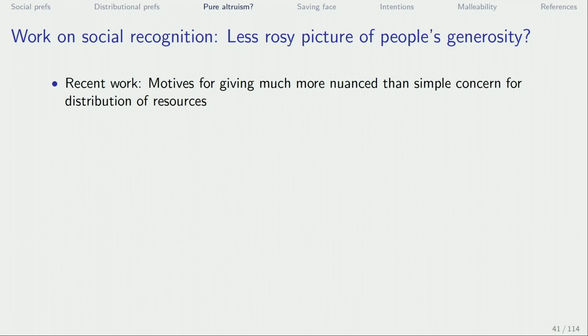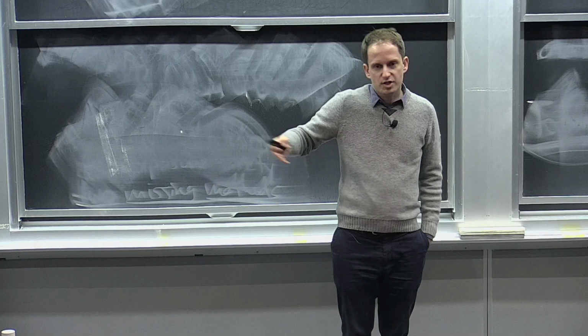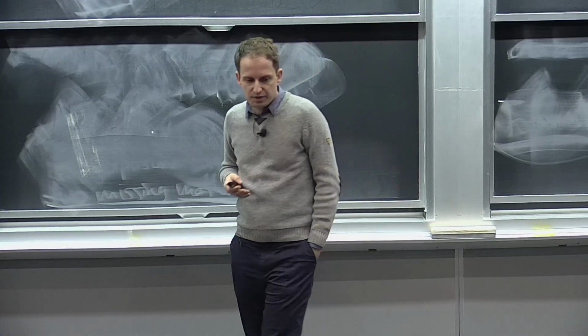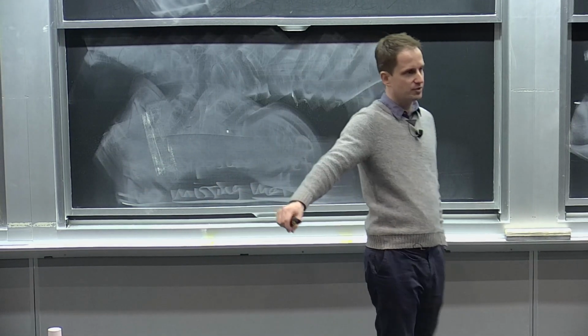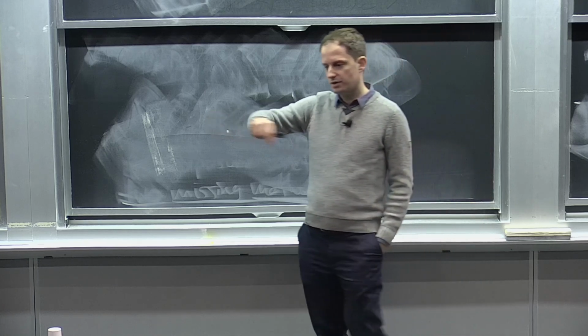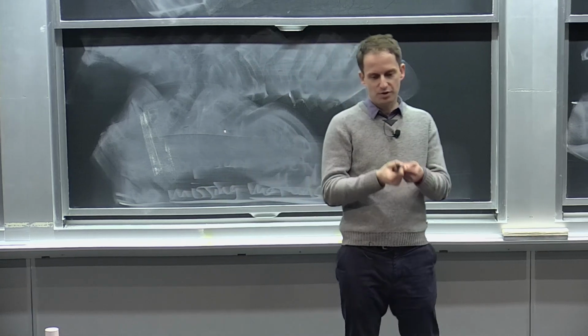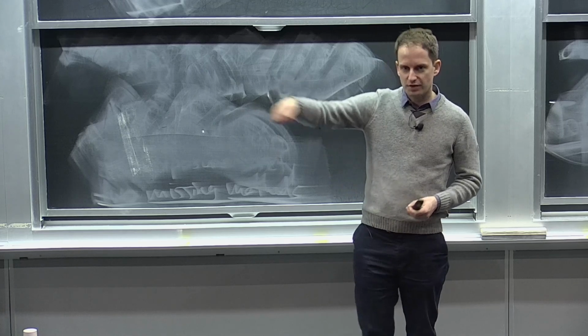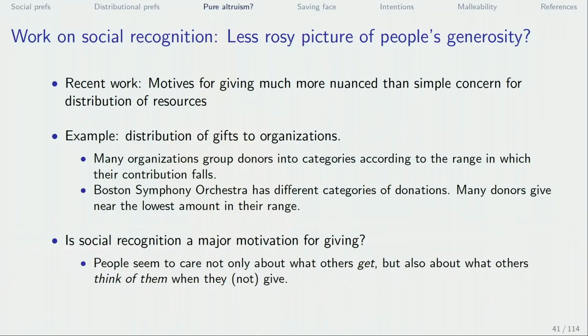Now, when you think about social recognition or social image, perhaps that picture gets less rosy. It seems that people care a lot about what others think of them and not just about the outcomes per se. One example would be gifts to organizations. If you look at the Boston Symphony Orchestra and the distribution of people's giving, there are thresholds where you give a certain amount and then you're recognized. When you go to the Boston Symphony, in the booklet you can see who is a donor of which category. People tend to bunch just above the thresholds for these categories, and presumably that's because they want to look good. That's just one example. So the next question we're going to ask on Wednesday is: